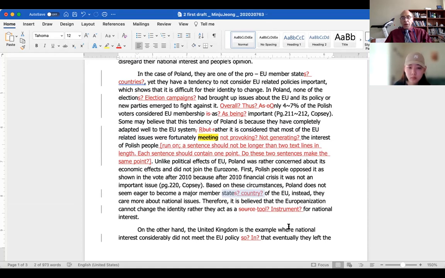And when they joined the European Union, their government became much more influential in Moscow, in Washington, in Seoul, in Tokyo, in Addis Ababa, everywhere,